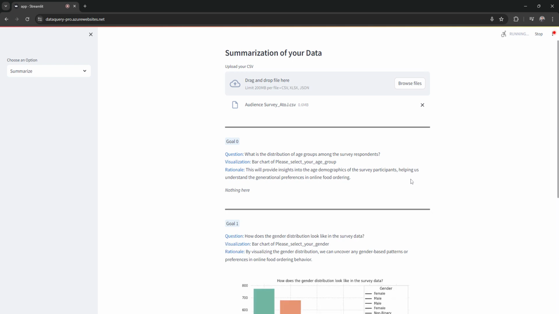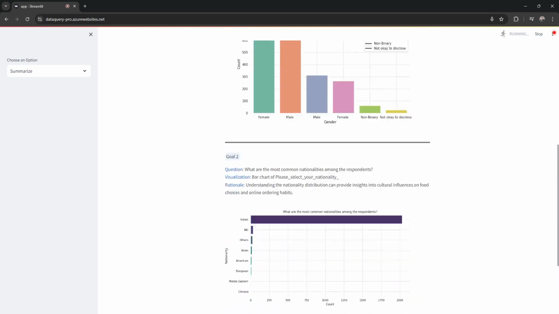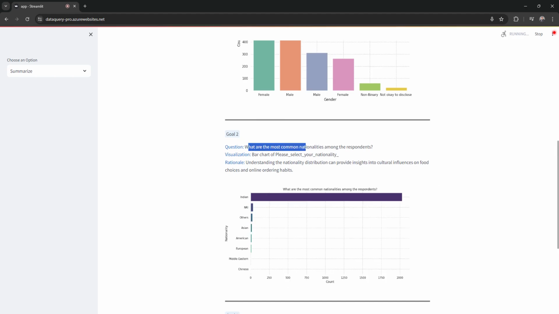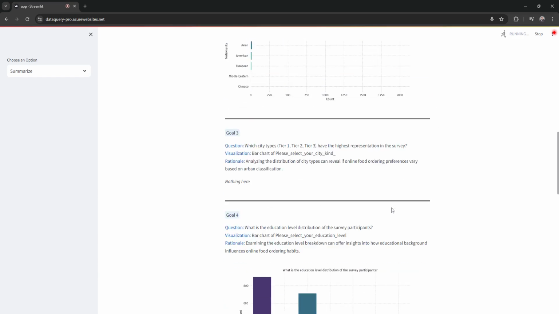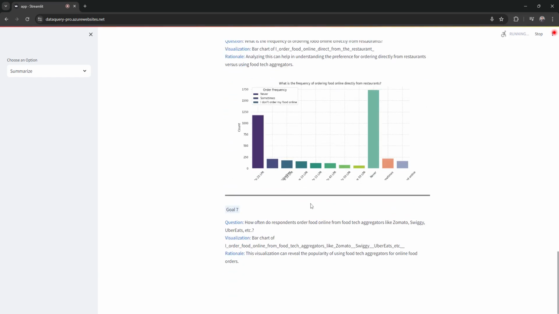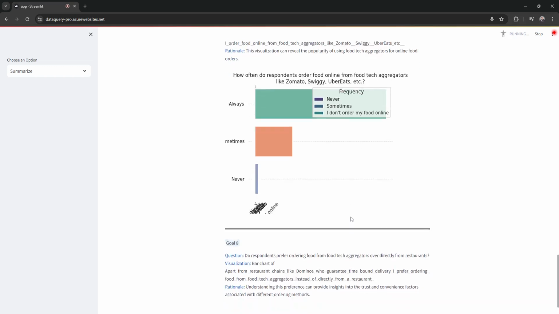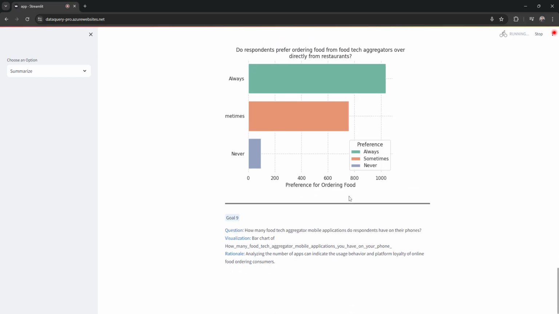Typically, to give you a start, it will give you 10 different goals, which are basically hypotheses, like what are the most common nationalities among the respondents, the visualization, and what is the rationale behind this specific visualization. So a total of about 10 will be provided, and you can of course take a copy of each of these images